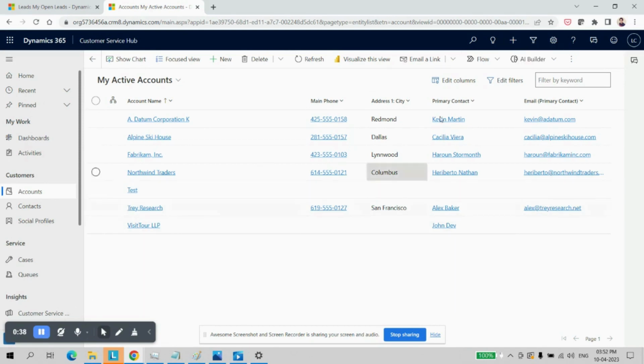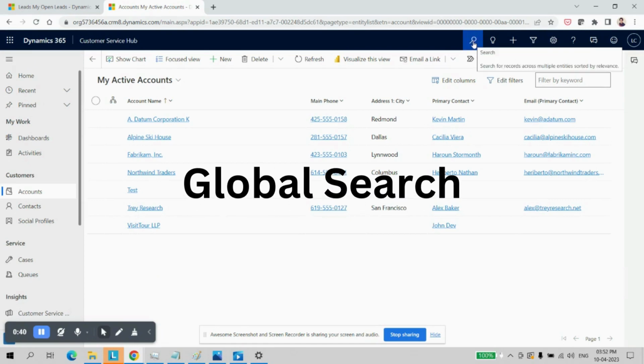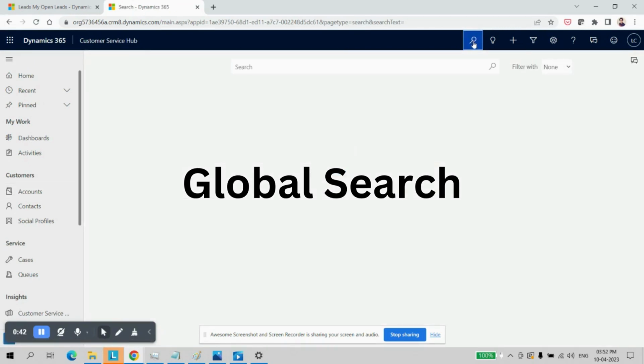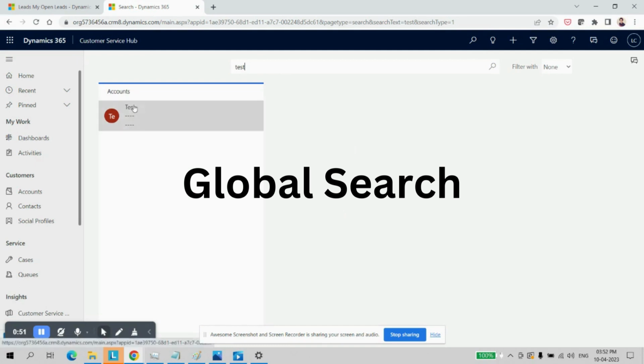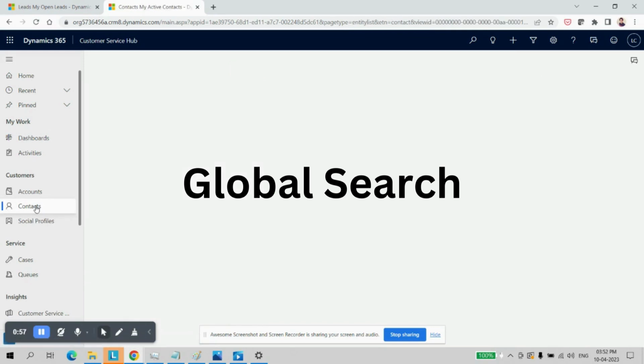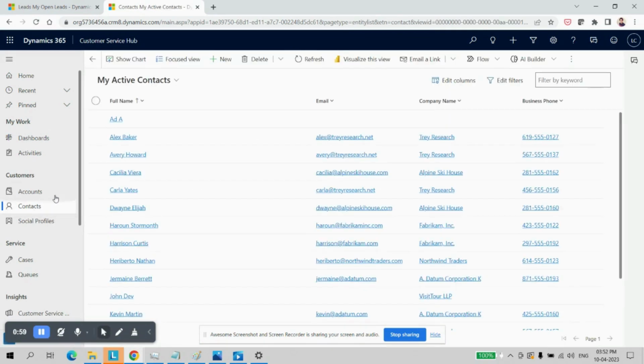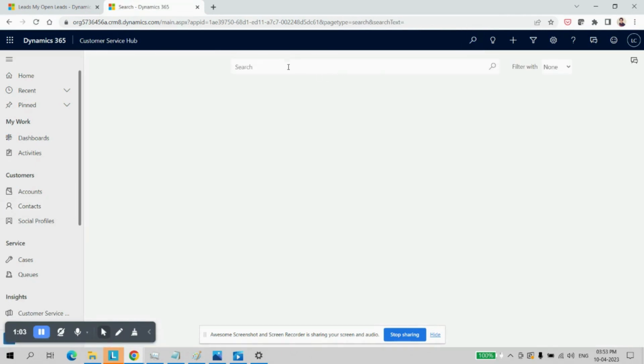After this, we have a global search. You can see this search icon. So from here you can search anything. For example, if I try to search account, we can see account has been searched. So let's say if I want to search contact, let's say Alex contact I want to search, then I will click on search and search for Alex.